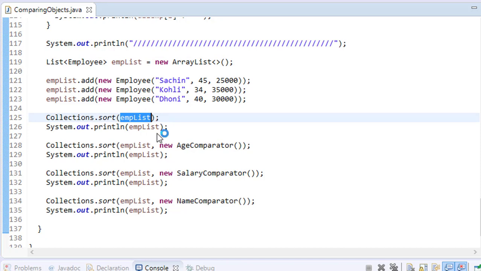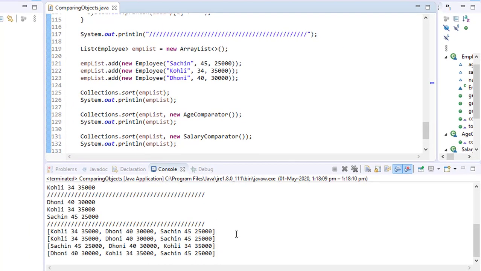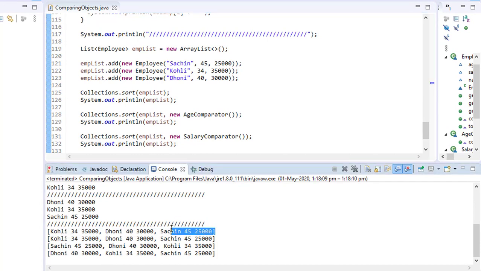But if you are giving 2 arguments, you can give the comparator like you were giving in Arrays, and everything else remains the same. Here you will give the age comparator, here the salary comparator, and here the name comparator. Now if you see the output, this is the first default one, where it is comparing using the Comparable interface.